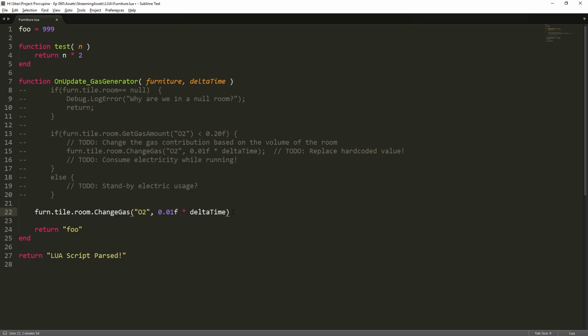I've got no semicolon over here. What else do I have to do to change it in Lua? In Lua, you don't have a semicolon at the end of the line. Well, first of all, I have our furniture variable here called furniture as opposed to furn, so we're just going to update that. furniture.tile.room. This should all work because these are all classes that are exposed to Lua. And we're going to call room.changeGas. We're going to change the amount of O2 in here, which currently is a hard-coded value, but we can see if we can adjust that later. And how much do we change it by? Well, we change it by